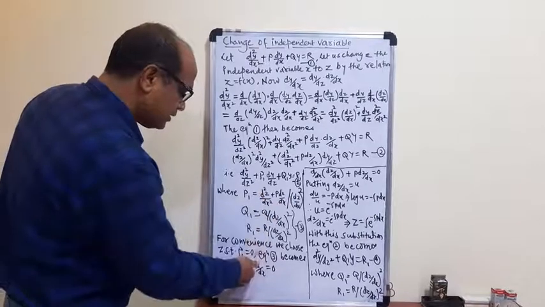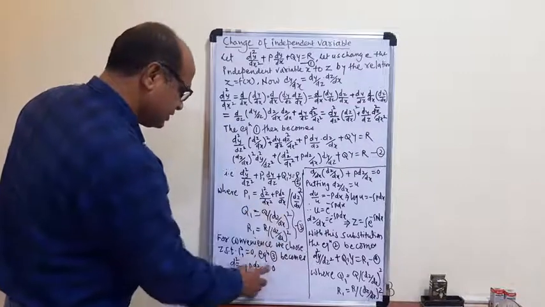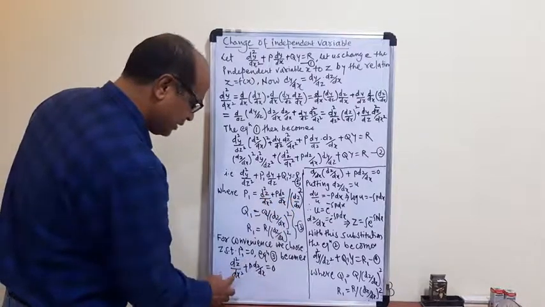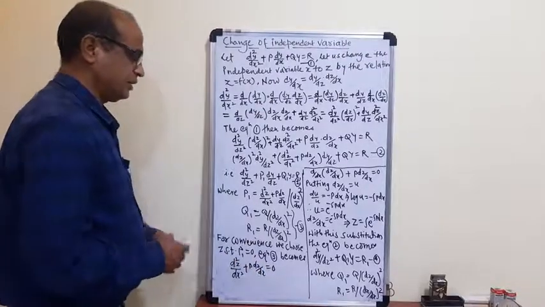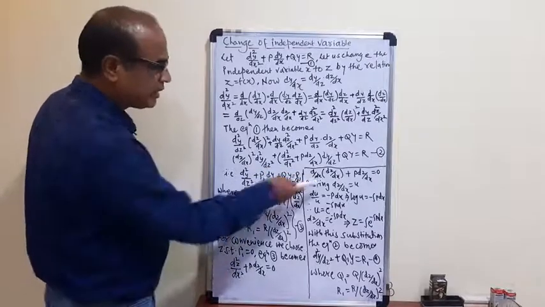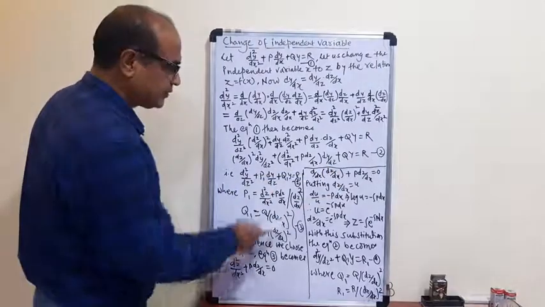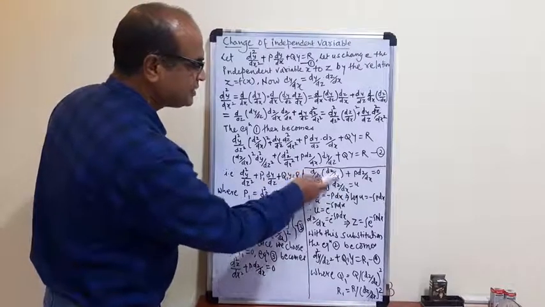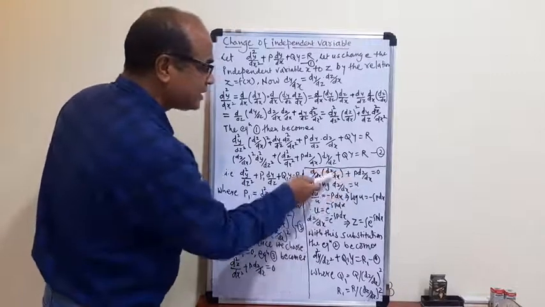P1 is equal to 0 implies that d2z by dx square plus p dz by dx is equal to 0. This can be written as d by dx of dz by dx plus p dz by dx. We write the equation in this form. Putting dz by dx is equal to u, the equation becomes